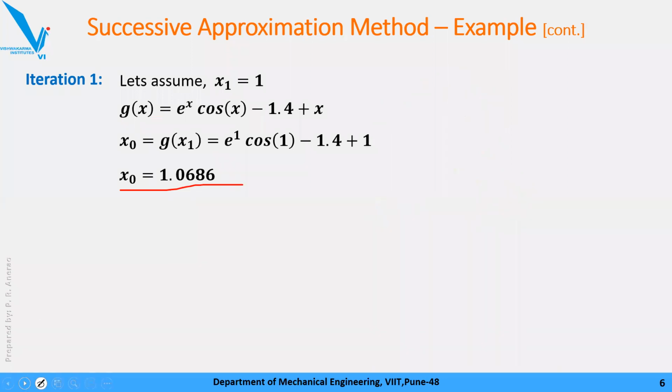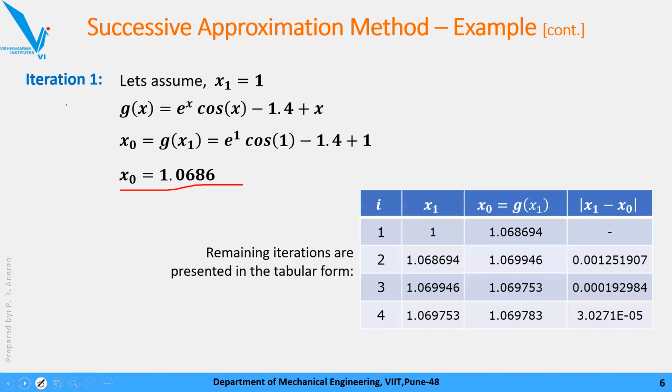Now we will check for error. Sorry, in the problem statement they haven't specified how much is the error. उन्होंने क्या बताया, सिर्फ iteration बनाओ. So we will do those 4 iterations. I'll populate that data into the table. Now again I'll repeat the procedure, how to solve this numerical. Iteration number 1, आपने जो भी initial guess लिया है x1, that was 1. Put that 1 value in the g of x. That is your x0 value.